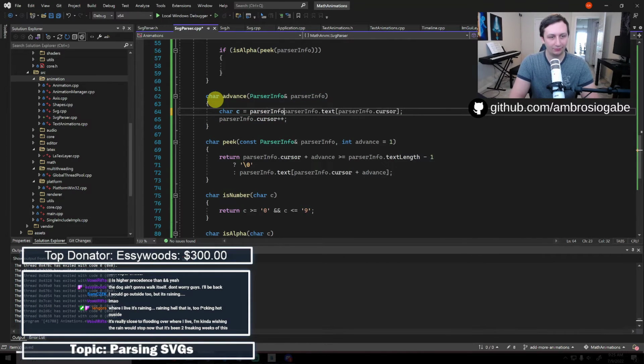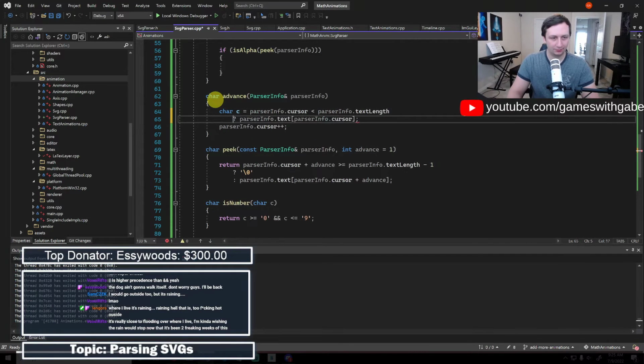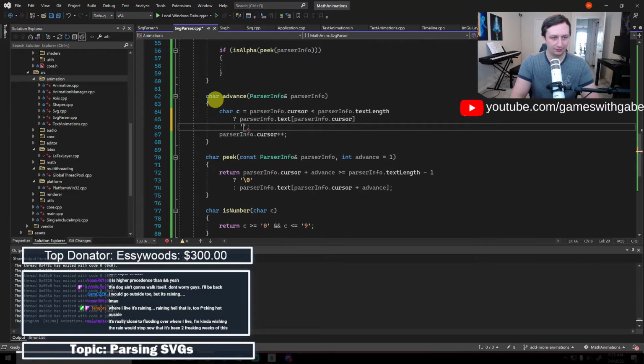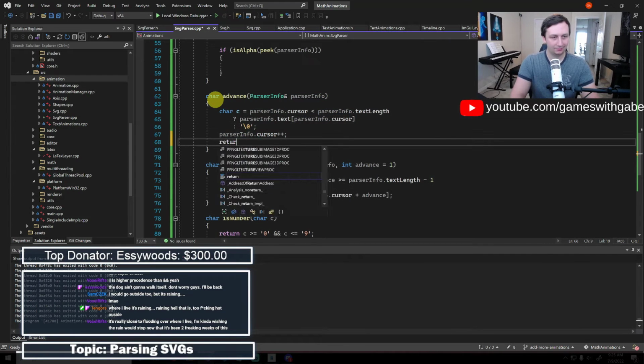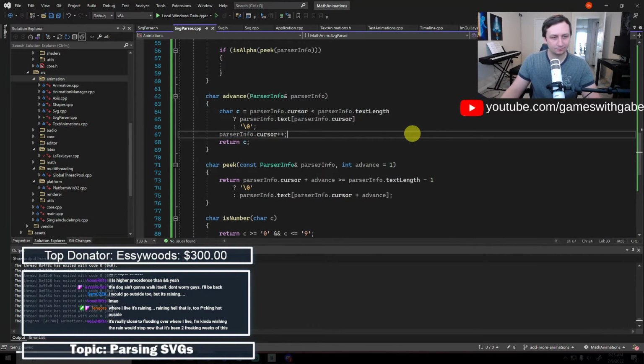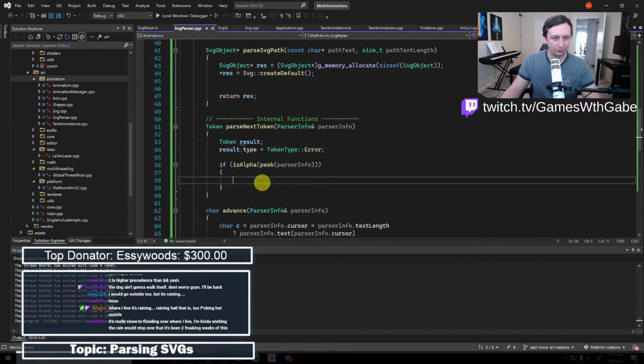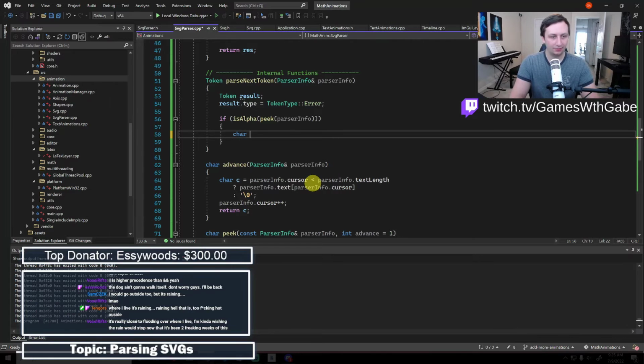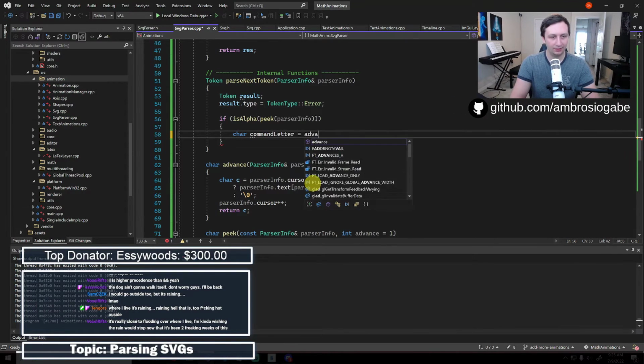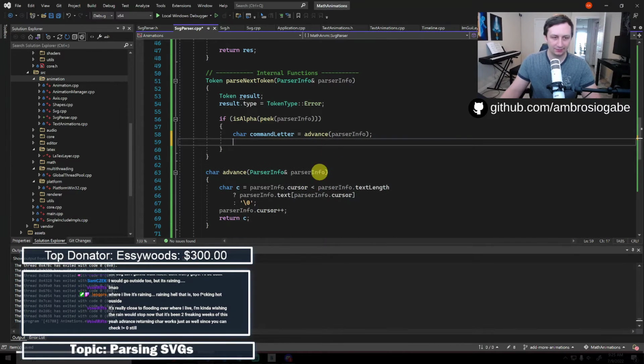So we'll say parser info dot cursor is less than length. Otherwise, that. Okay. Yes, that's good. Cool. So then if we do that, we'll say char command letter equals advance. Okay, so that advances it and gets us the letter.